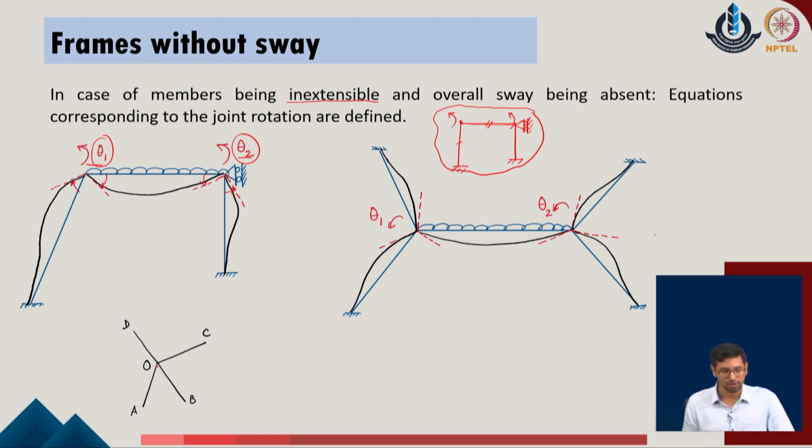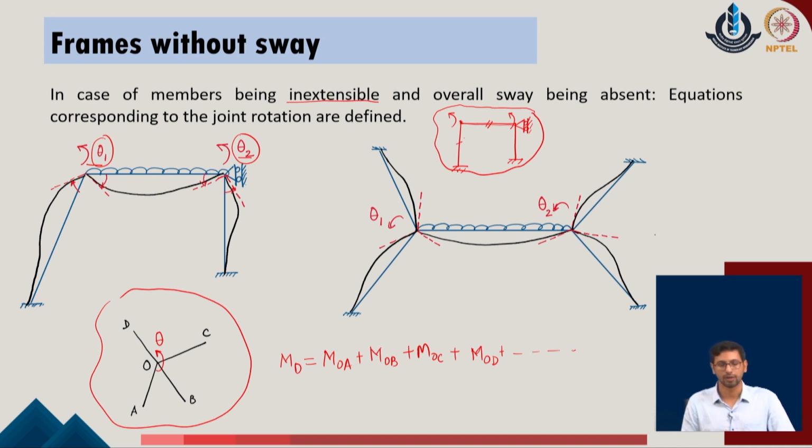So, if we say that the given joint is O, which is defined over here, and with respect to that joint we have some possibility of rotation to take place, the net condition of equilibrium will be defined as the moment at the point O being equal to the moment with respect to the member OA, moment with respect to the member OB, moment with respect to the member OC, and moment with respect to the member OD, if we have more subsequent members in the given system, they will all be connected together. So, at a particular joint, the members which are connected will all contribute to the net moment associated with that particular point, and this is associated with the conditions where the degree of freedom is considered with respect to rotation.